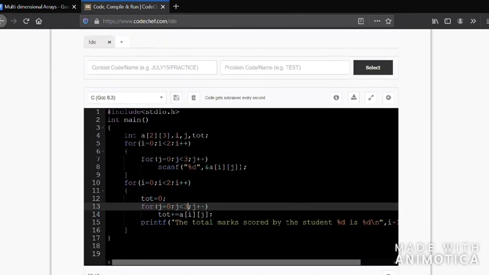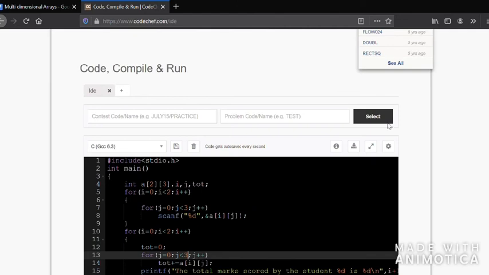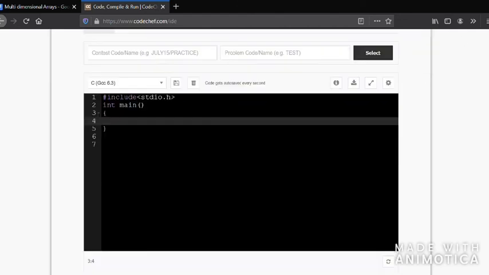So for this, you got the right output. Now let's see a different program that accepts the grade scored by the student in 3 different subjects, and the number of students is 3. So the int A, there are 3 students and the number of subjects is also 3. Since you are going to accept the grade of the students, you have to give char. Now char A[i][j].